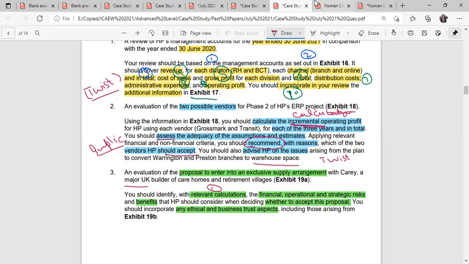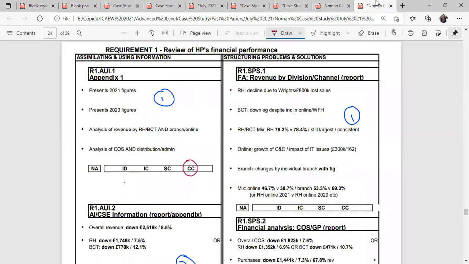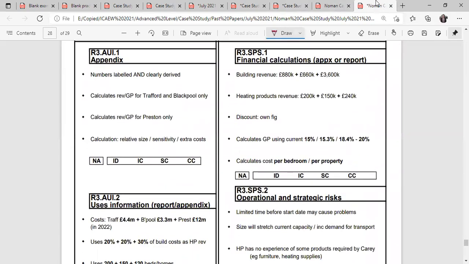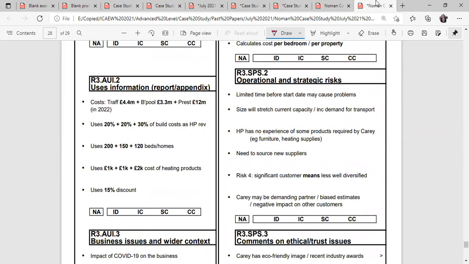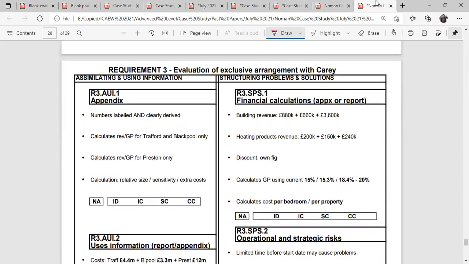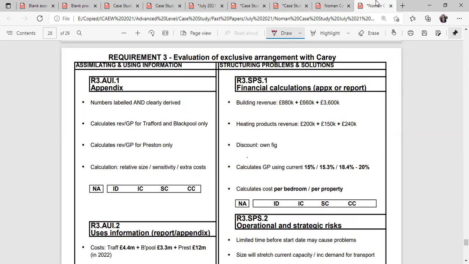If I just have an overview of the marking key of requirement 3, then you can see the first box is labeled calculation. The second box, again for calculation. The third box, again some calculation. So a lot of easy marks for your calculation. Out of 11, 3 boxes. You can see around 30% of marks for calculation. If you go with the right calculation, it gives you a lot of relaxation. You can pass your exam in a very easy fashion.